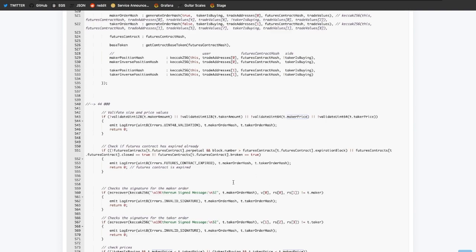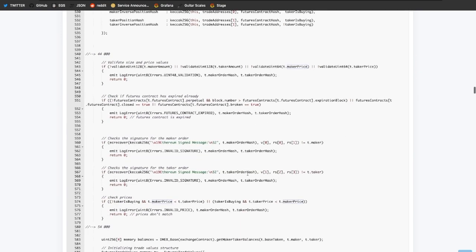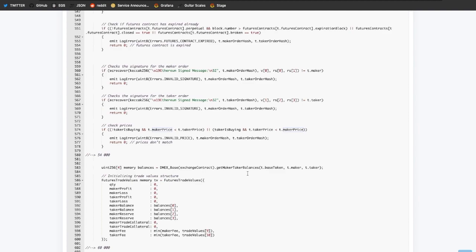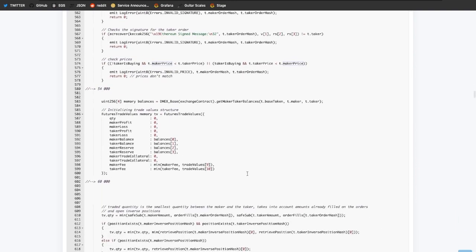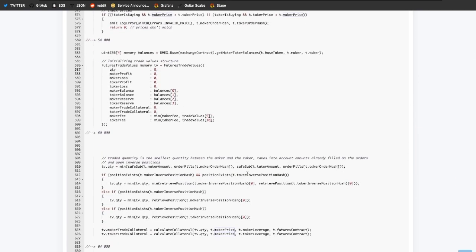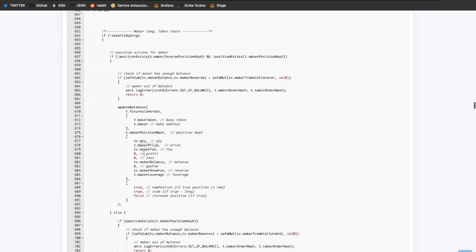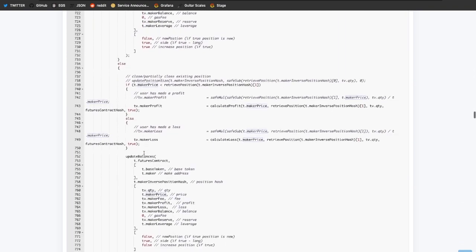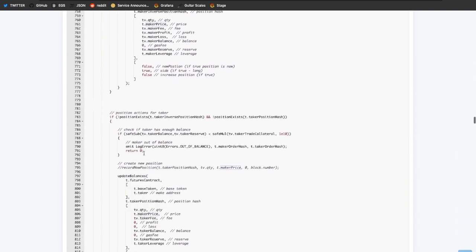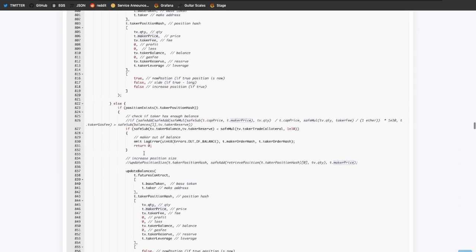order. So once we make all the checks, we check that the signatures are correct, we check that the users have enough funds on their account to cover the collaterals. We check that the quantity is correct. And if, for instance, you send two orders and one is bigger than the other, the minimum quantity between two orders will be executed. It's a bit technical here, but basically it does mathematical calculations and records them on the